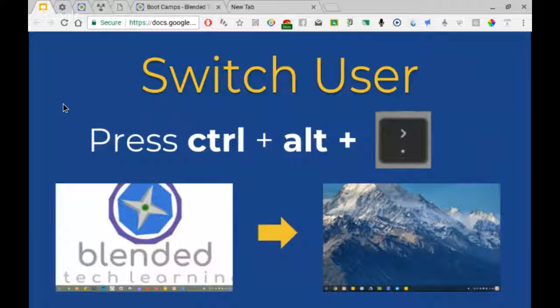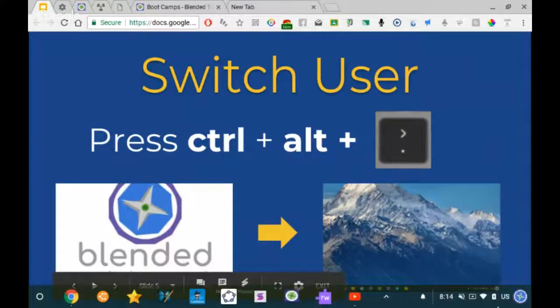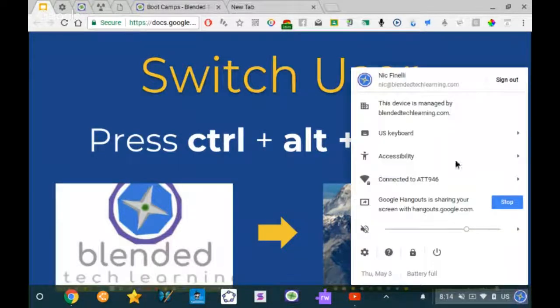But if you have your own Chromebook, or if you're in a school environment where you're a teacher and the admin has allowed it, you can actually switch users without signing out. So what happens is you go down to the notifications at the bottom, and you click on your little icon, and it brings up this. And then what you can do is, if it's enabled, when you click on your name here, it'll say add other user. And so you click on that user, and then you sign in under maybe your Gmail account